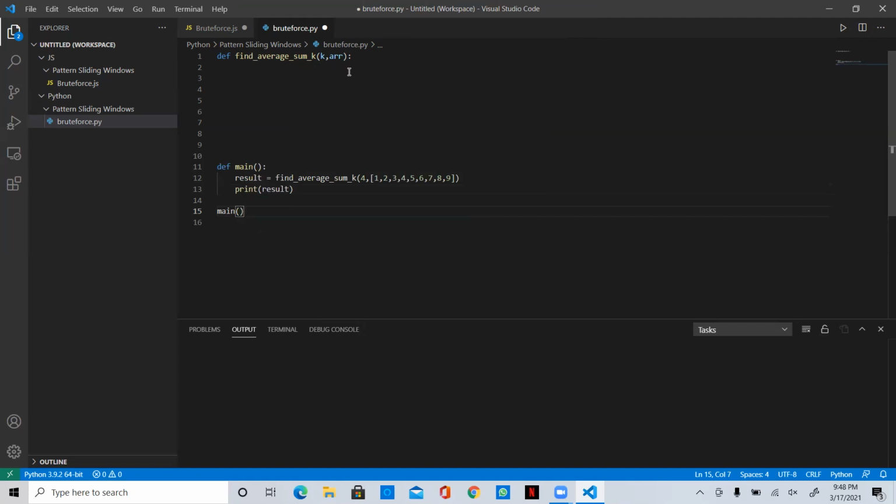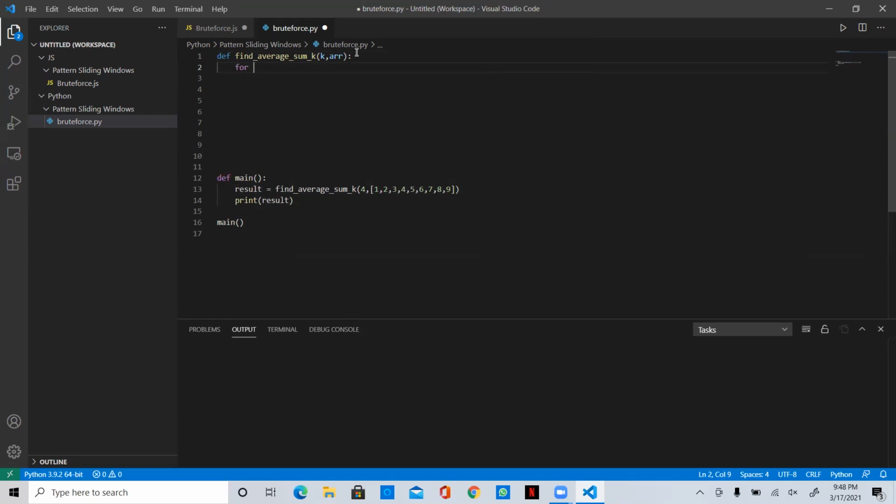Okay, now let's write. How should we write the logic? I have an array. I need to take just 4 elements from the array. Okay.